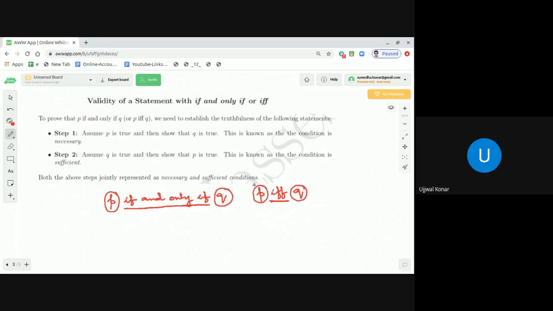P IFF Q means that for the statement Q to be valid, P has to be valid,